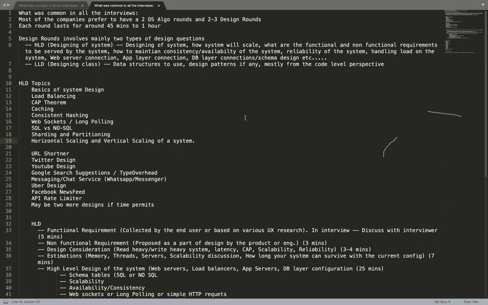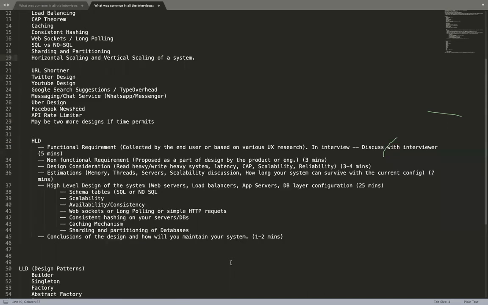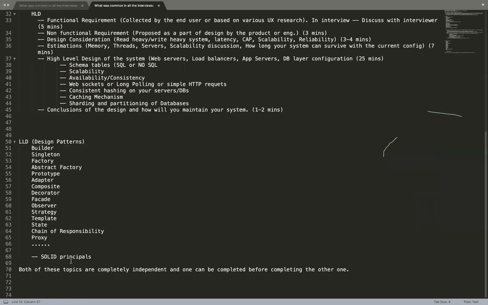Anyone else? Any question? Yeah, quick question. Are we going to discuss any kind of design patterns, like repository pattern or dependency injection or something like that? That will be covered as a part of LLD. Yes, it will be covered. I might not have mentioned all the patterns here, as I mentioned before as well. In case you have any particular pattern which you don't understand or which is difficult, feel free to ask in the group, and we'll see if we can consider that as well.